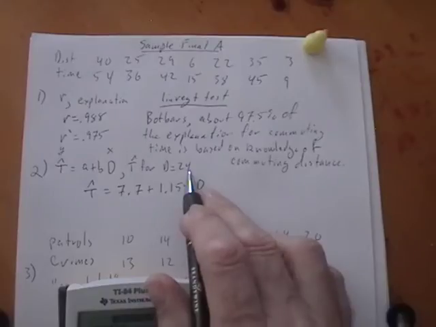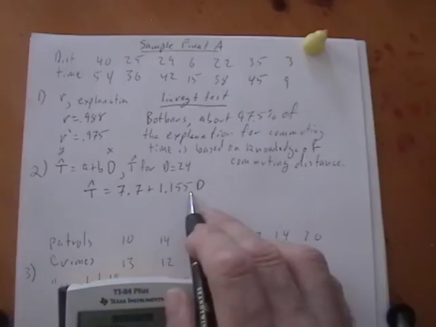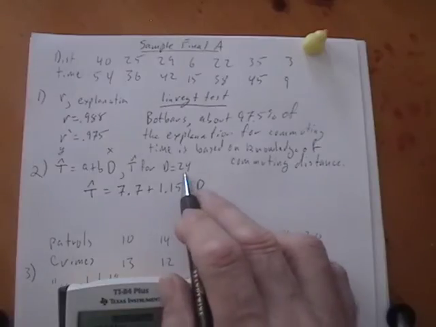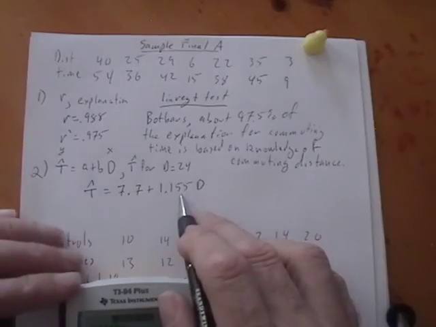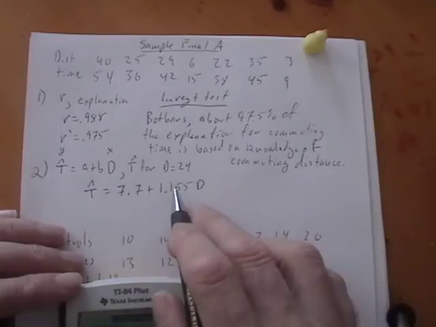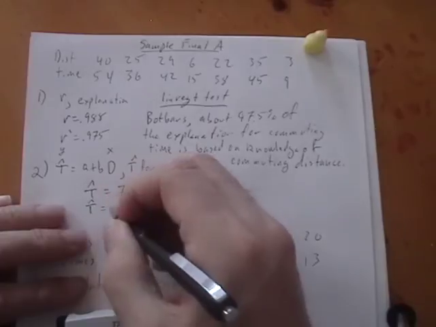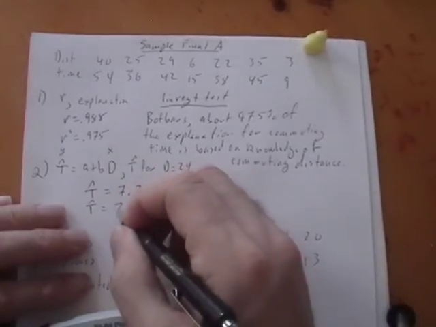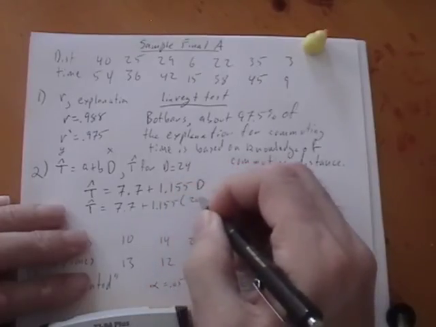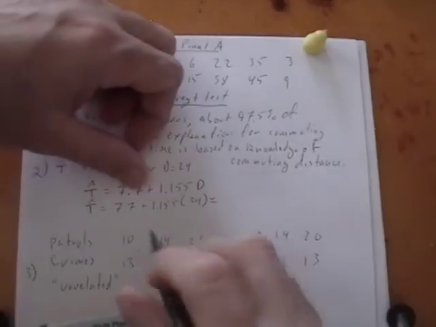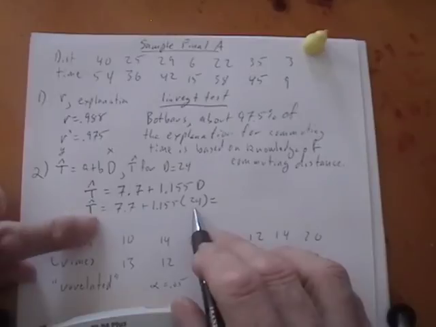If I was multiplying by 10, I'd add 1 decimal place. If I was multiplying by 100, I'd add 2 extra decimal places. 24 is somewhere between there. I went with 1.155. It seemed easiest, but I would have accepted either 1 or 2 there. Next, t hat equals 7.7 plus 1.155 times 24. I do like to see this line so that I know that you plugged in 24 into this,